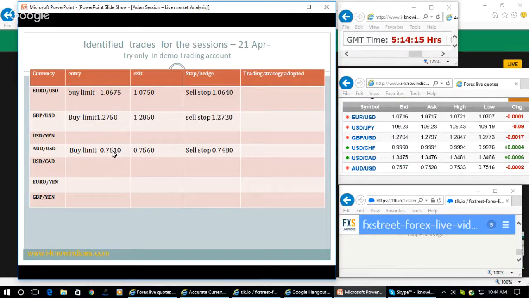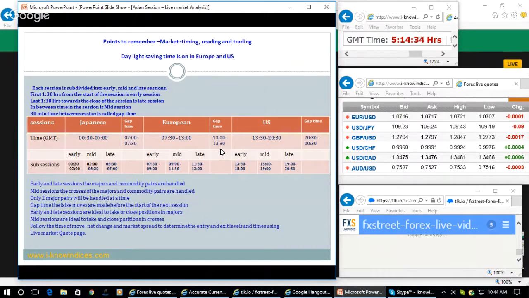Then in the case of Australian dollar, when they make a small dip to 75.10, you can take a buy and keep the hedge order, and when they start gaining the level, you can use the trailing stop in a profit making position and book profit. So if you have any doubt with regard to the trades recommended and also any other concepts I explained, in the question answer window here, I'll be able to see the questions, and live I will give a reply.